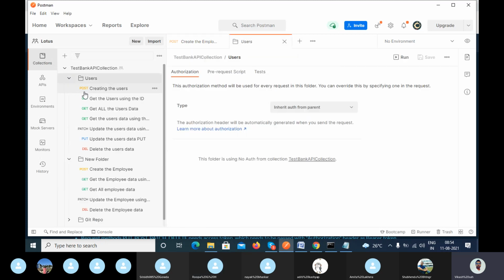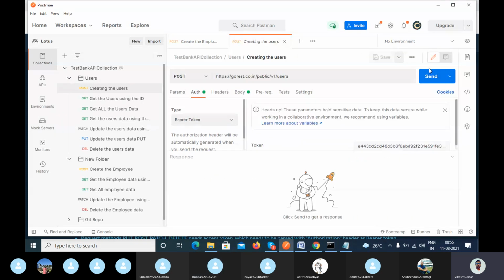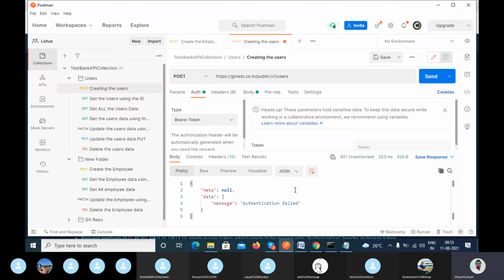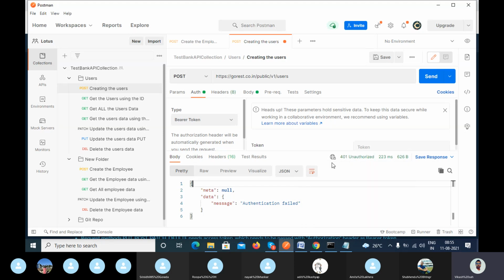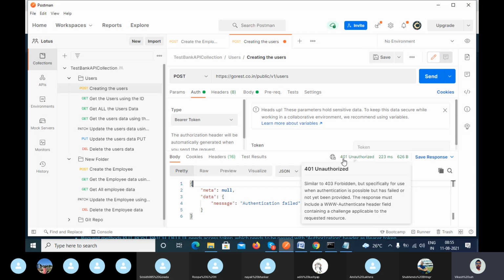Give me a second. Authentication failed, yeah, no problem, because this particular application is returning this error message actually. But you have to be concerned only about the status code.